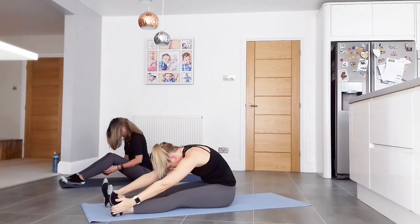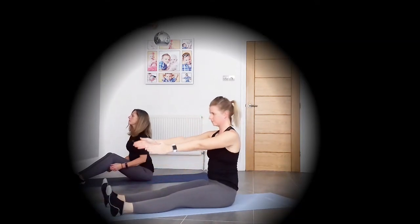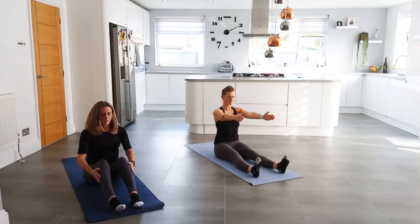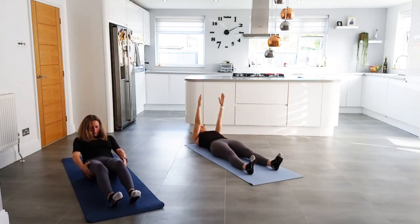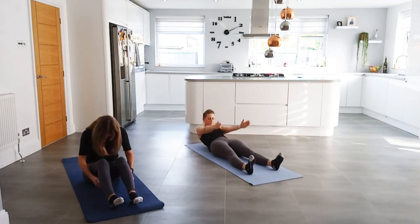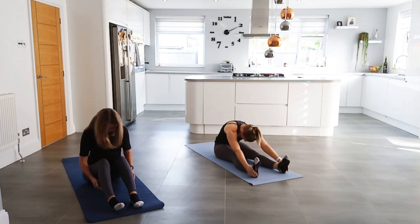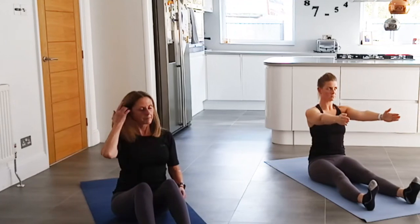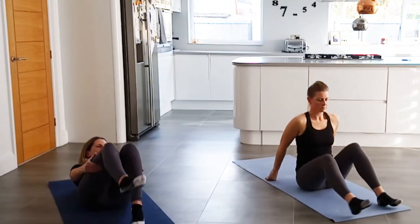Now, I'm going to slow things down here. Re-stack the spine, lengthen, head comes up last. Good, and then we roll. So last one. Good. So you might want to take a rest here, or I'm going to get Charlene to take this just